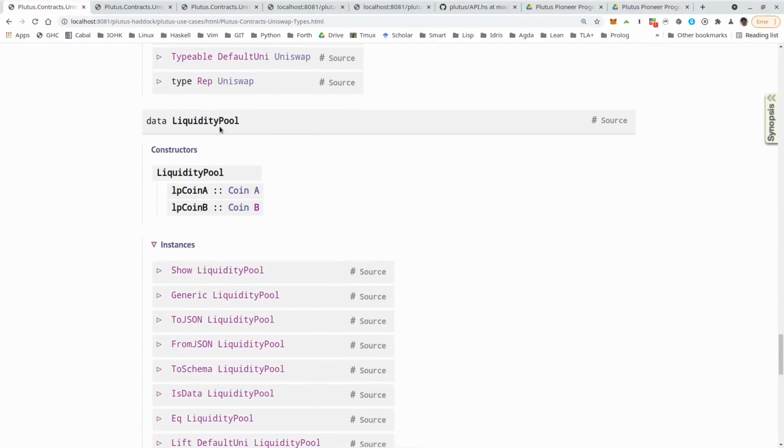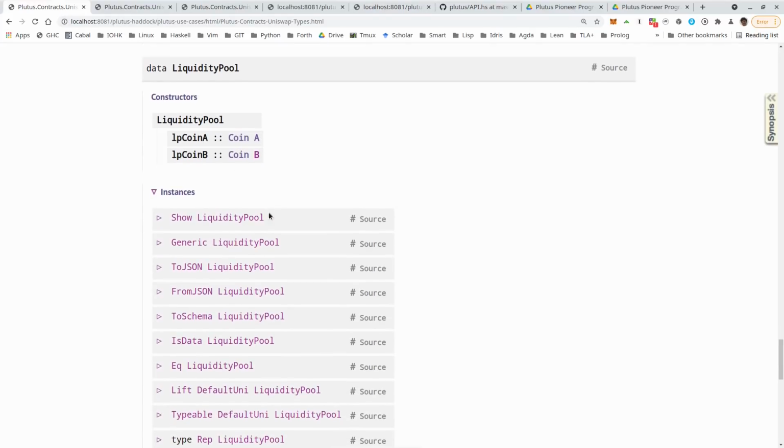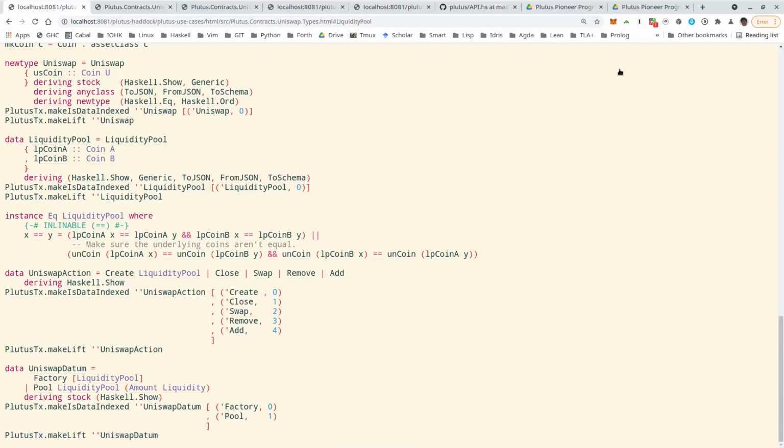Then we have a type for liquidity pools, and that is basically just two coins, the two coins in there. However, there is one slight complication. Only the two types of tokens inside the pool matter, not the order. There is no first or second token. A pool that has coin A and coin B should be the same as one where A and B are swapped.